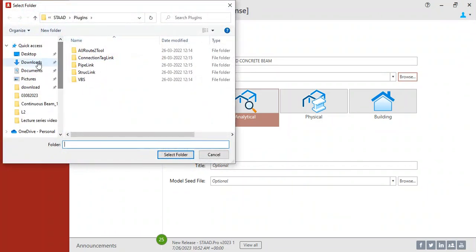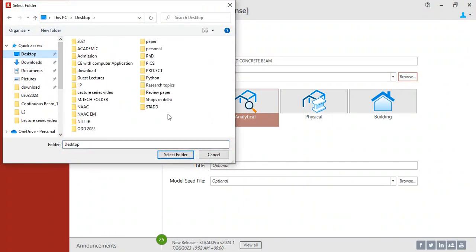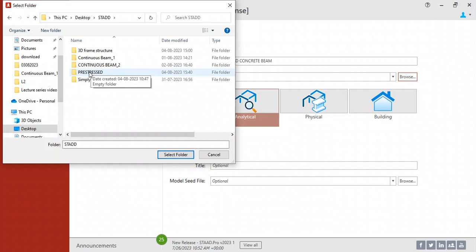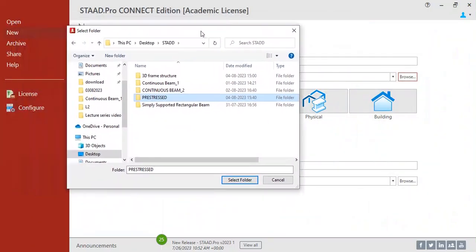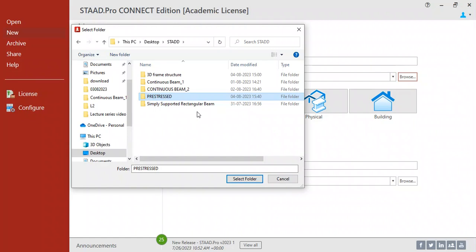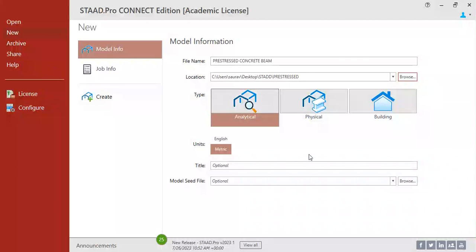Here we will click on desktop, because I have created a folder STAAD, and in the STAAD folder I have created a folder named pre-stressed. So all the files as well as the supporting files will be stored in this folder. It is a very good practice because whenever you want to open that file later on, you can directly double click from that folder itself and that model will be opened. So let us give the direction of this folder to STAAD Pro,